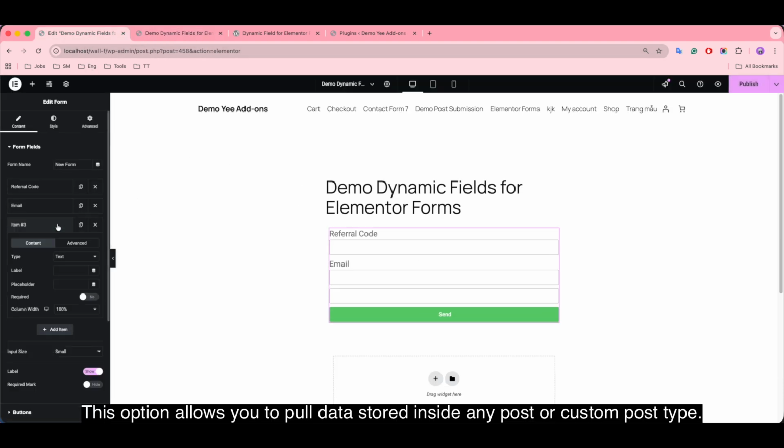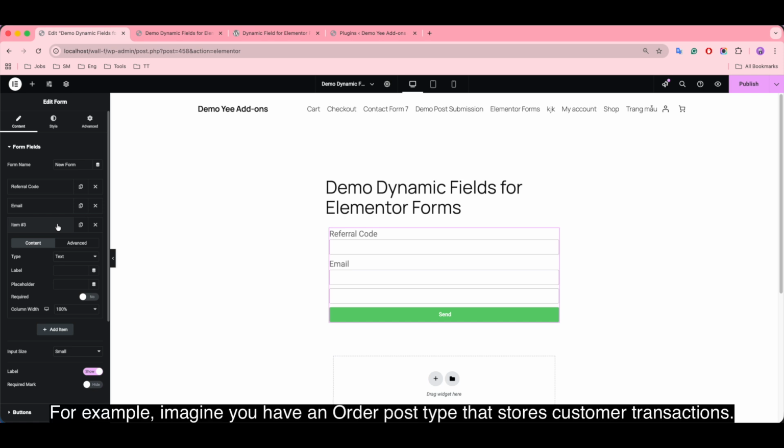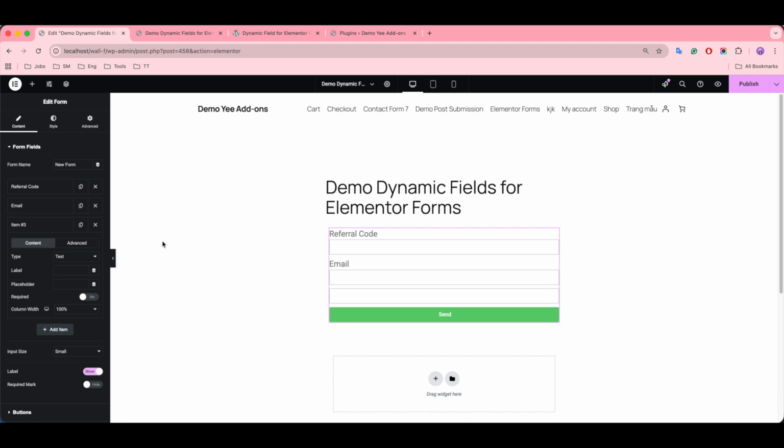This option allows you to pull data stored inside any post or custom post type. For example, imagine you have an order post type that stores custom transactions.